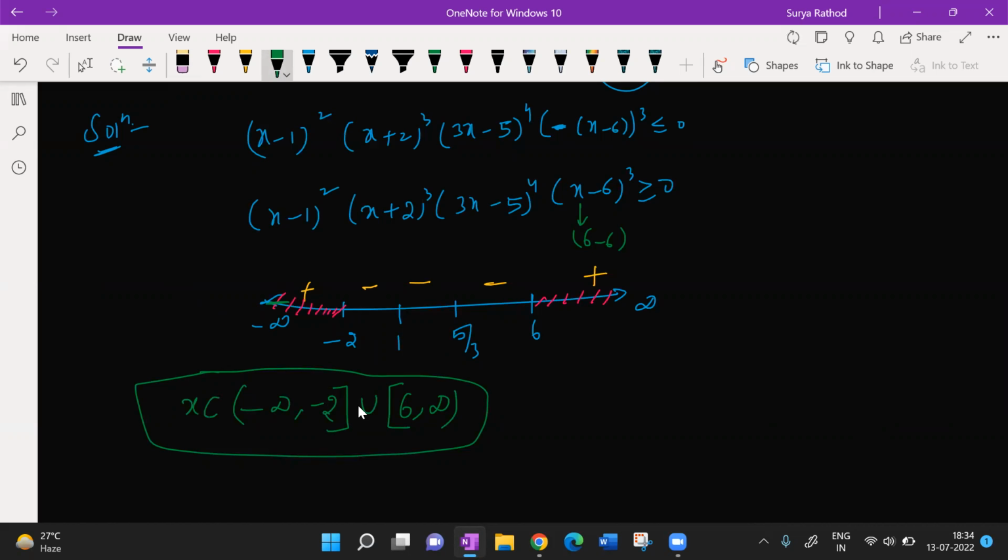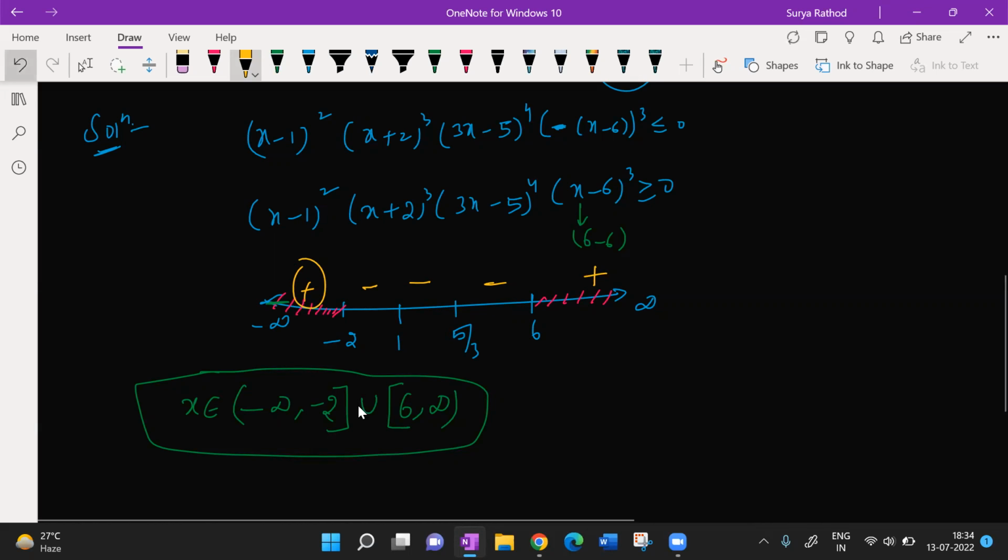Sir, one doubt. Yes. Sir, the positive sign, should it be there when it is an even number or an odd number? Which positive sign? Sir, here we took minus 2 whole square is equal to 4. So you kept plus here. I did not understand. Which step are you talking about? Sir, this last step, minus infinity before minus 2. Are you talking about the solution or the number line? Yes, sir, the number line.